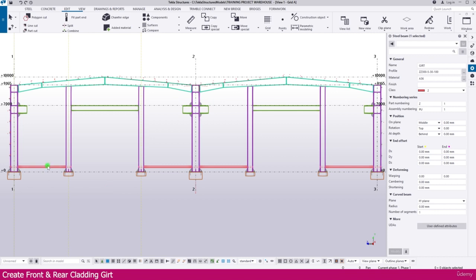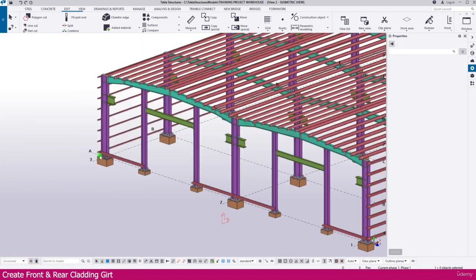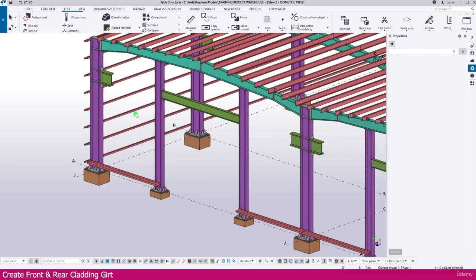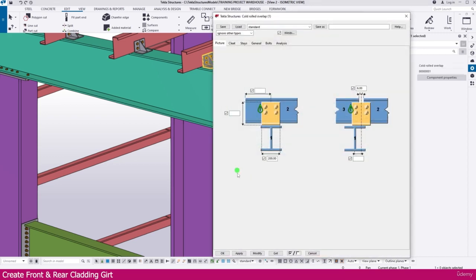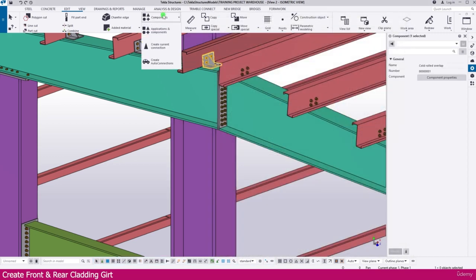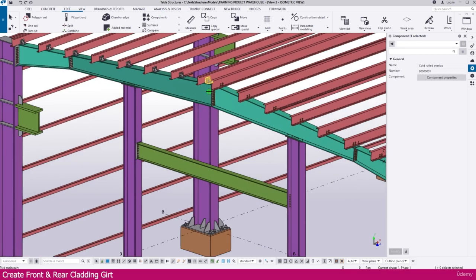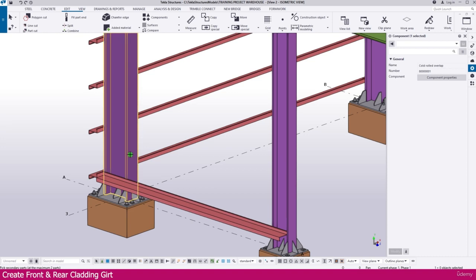Now we need to create connection. For that, go to 3D, press Ctrl Tab, you can go to the 3D. Select any purlin connection, then apply and OK. Next, go to the component. Here it is in edit tab. Select here create current connection. Click the column, click the grid,